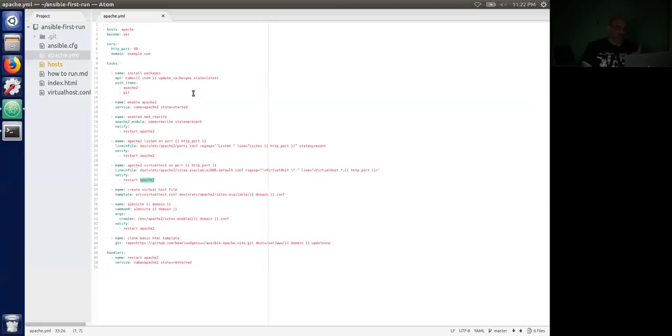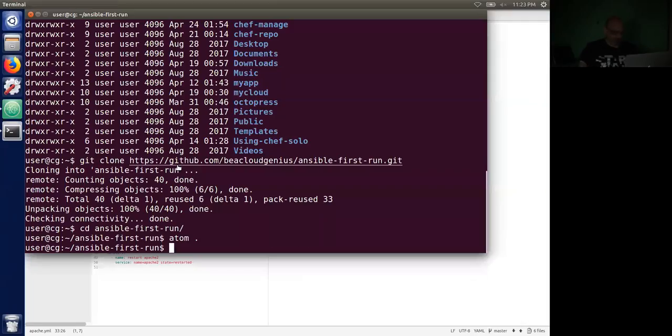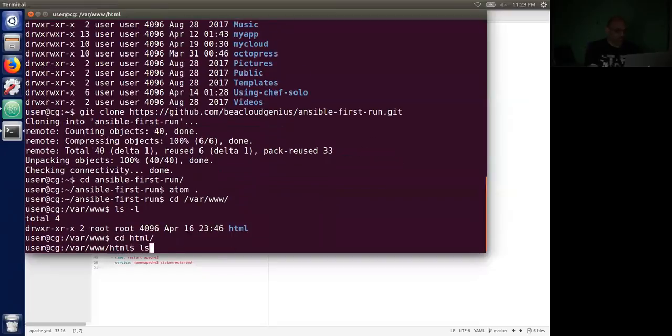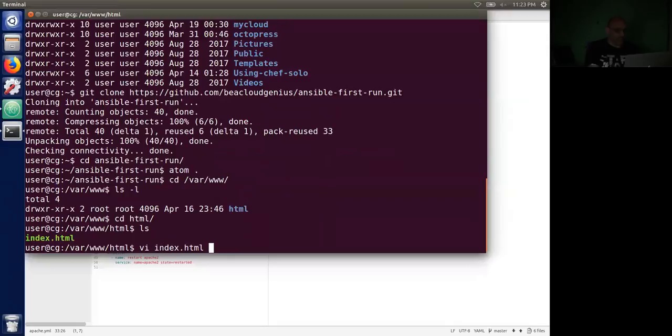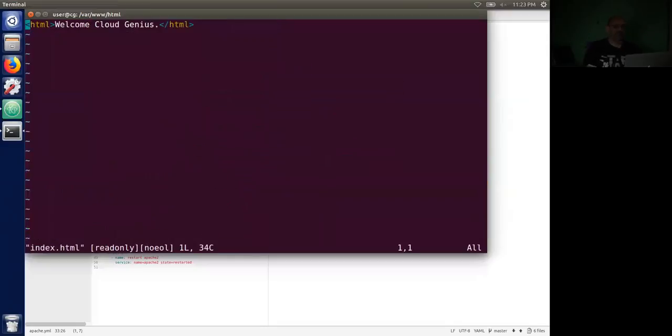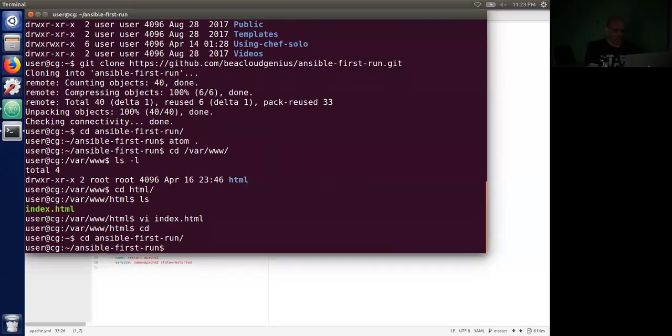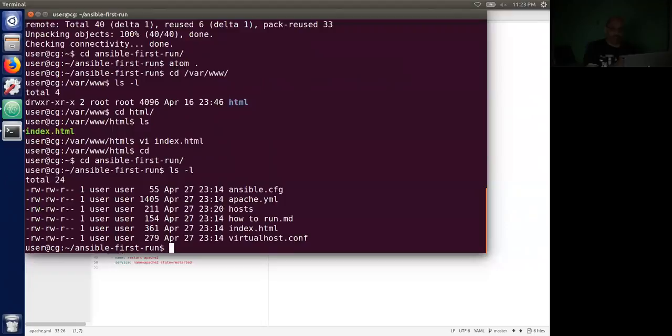But that is because of a previous exercise that we have done using Chef, where we modified the page index.html. I'll tell you what I mean by that by going to the command line and visiting this location. There you have this HTML folder, and there is this file called index.html. We look at that file and it says, welcome Cloud Genius. So that's the page we'll see. And we'll quit and we'll come back and we'll go to the Ansible starter exercise